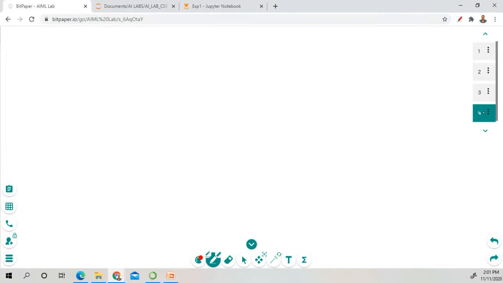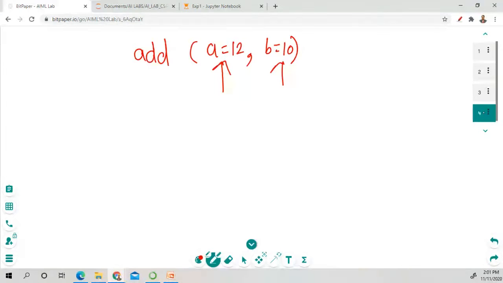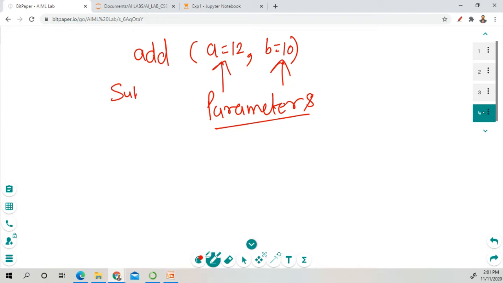Let's suppose that we have an add function. In this add function, we are passing the variables a equal to 12, b is equal to 10. These a and b are the parameters. We can pass these parameters directly into the function, and they will directly point to these variables. In this addition, we have used a sum variable.